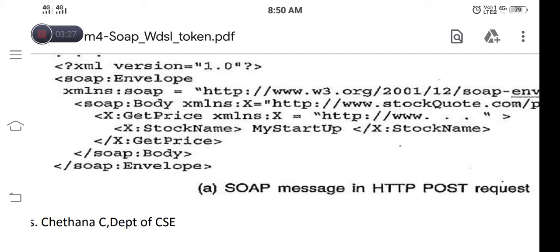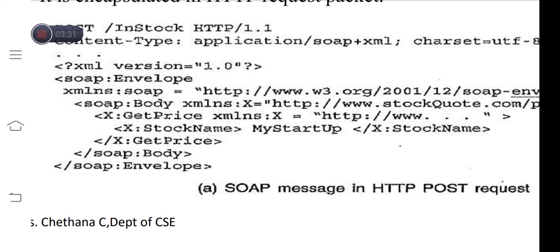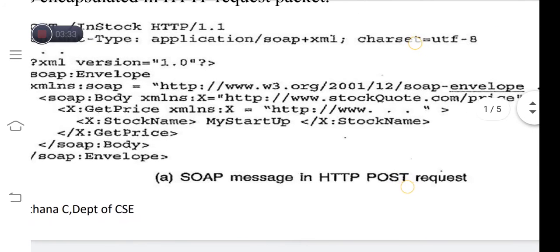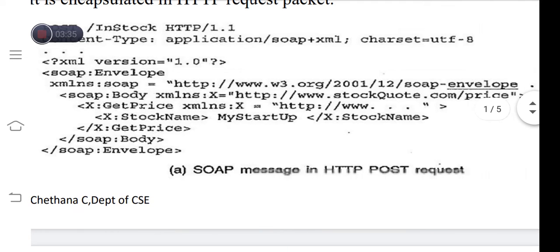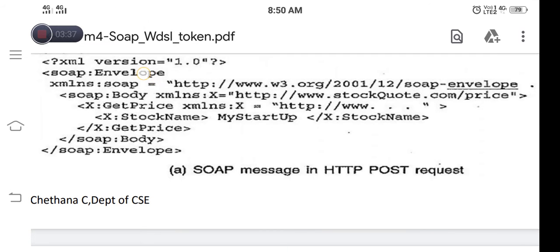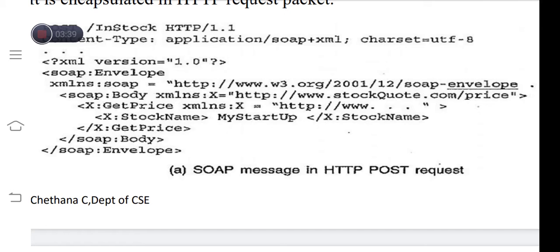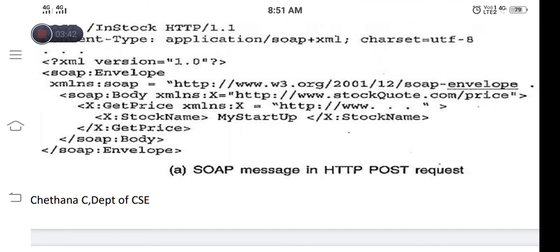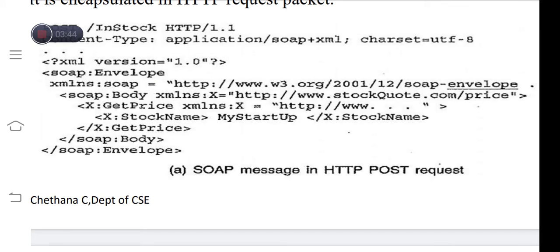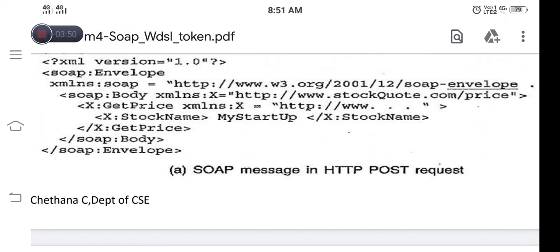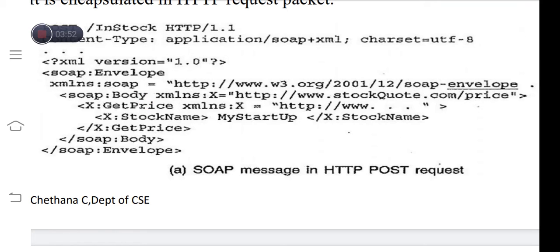The client is requesting the current stock prices, and here it is making use of the HTTP protocol. All these things are included in the SOAP envelope tag. Inside the SOAP envelope tag, we have the SOAP body. Here we do not have a SOAP header since the SOAP header is optional.